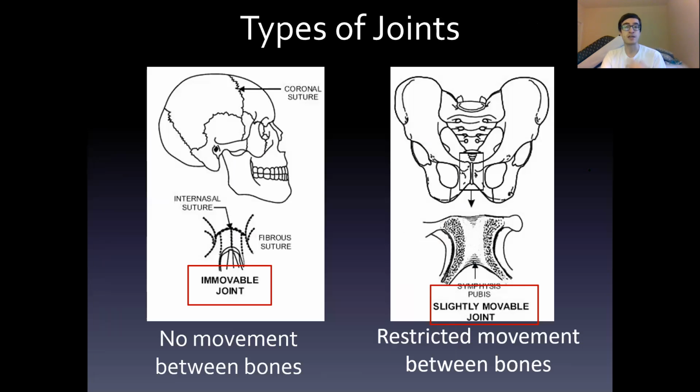Like I said, anywhere that bones connect is a type of joint. That doesn't necessarily mean that all types of joints move a whole lot. Our first two types of joints are the immovable joint and the slightly movable joint. In an immovable joint, we have no movement between the bones. This is especially prevalent in our skull,